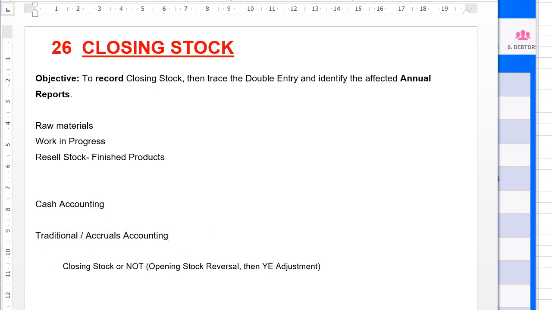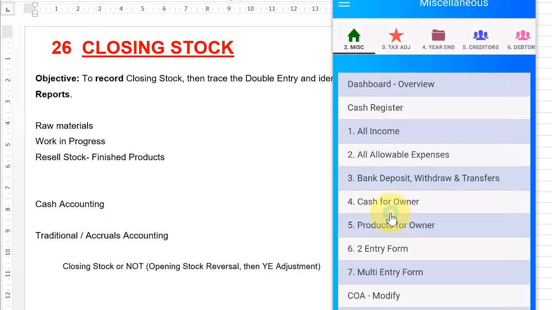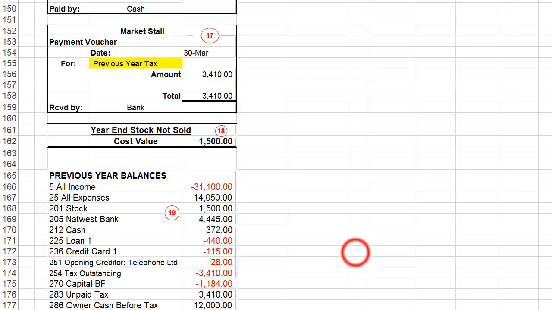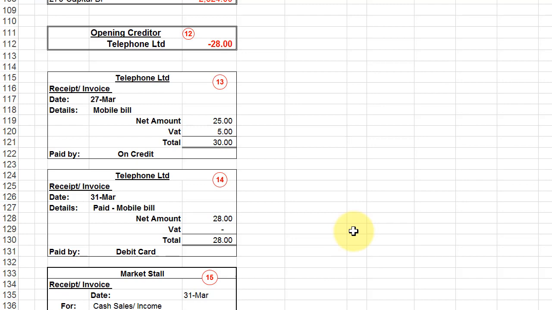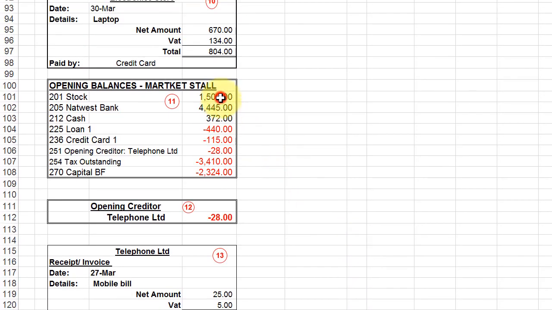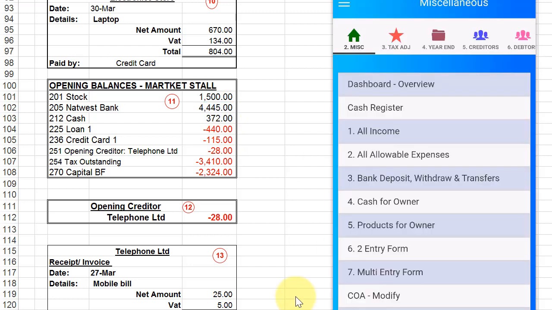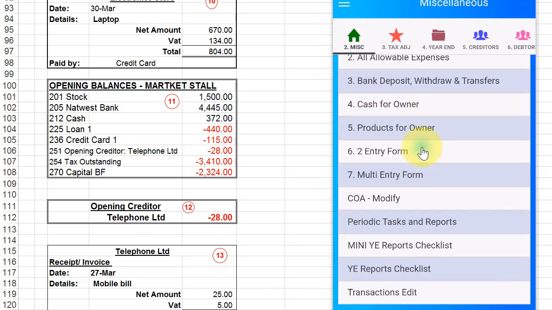Let's have a look at our device and then we'll dwell deeper into that. Now we'll look at opening balances. Okay, we've got an opening balance. Let's see how much it is. The opening balance is 1500. And then we'll look at our expenses. We're going to look at report